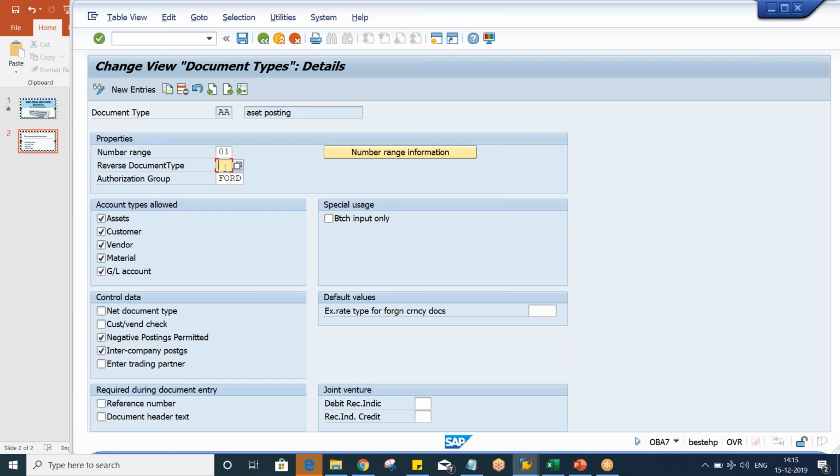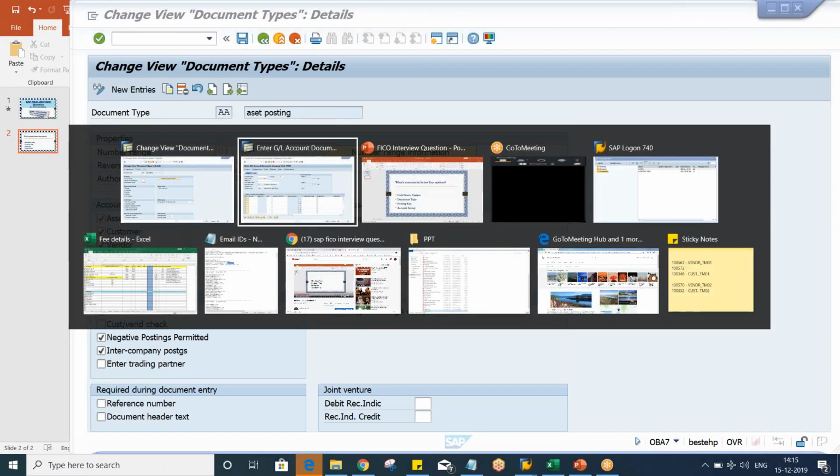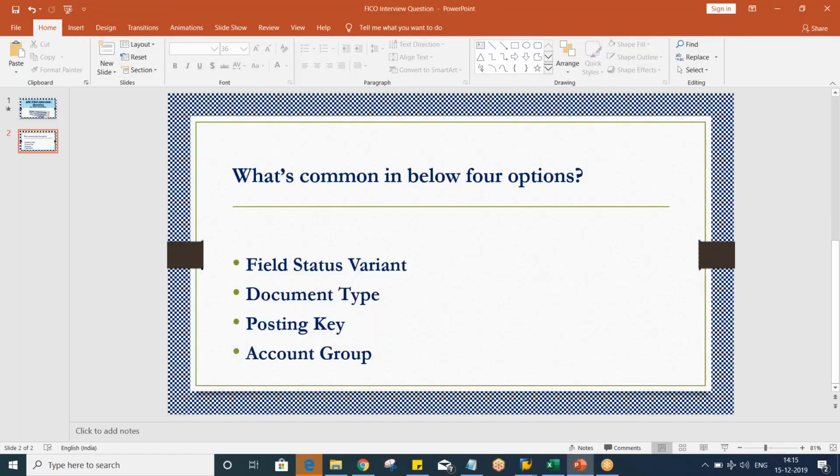So what is happening? Field status variant also controls the fields. Document type also controls the fields, right? And apart from this, other controls are also there, like number ranges and all. But what's common? Field control, right? Field status variant controls the fields, document type also controls the fields, even posting key also controls the fields guys,